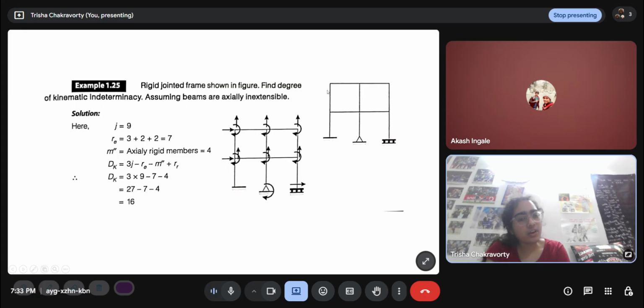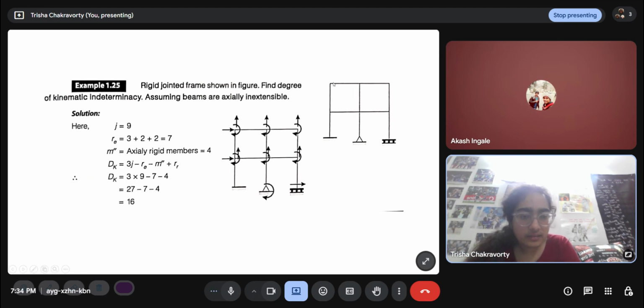in a frame, generally the horizontal members are called beams, and the vertical members are called columns. This beam doesn't have to do with the frame member. Okay, this is technically a frame, but if you go into a frame and you see the term beams, then you have to assume it in a building context. Like if you look at a building, we generally call the vertical members as columns and the horizontal members as beams, right? So that is here. It's a beam column sense of beam. It's not the beam truss beam frame sense of beams.